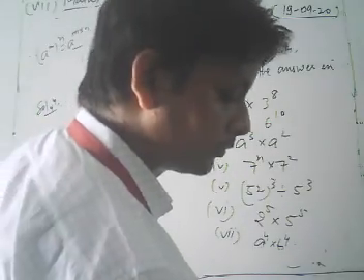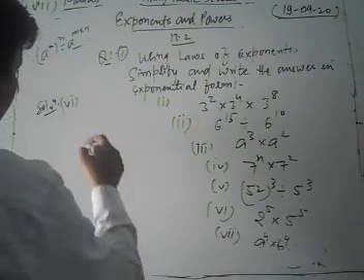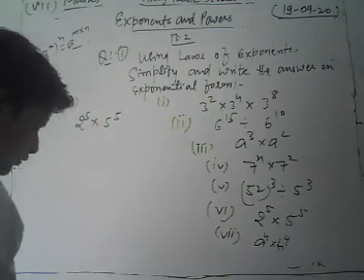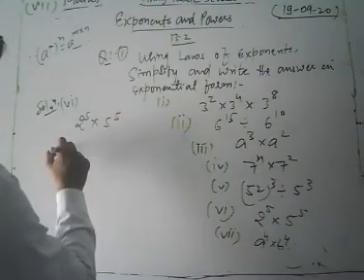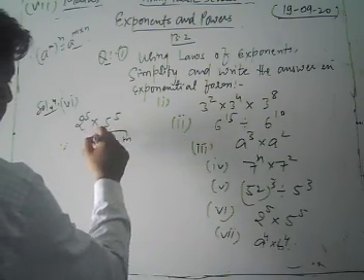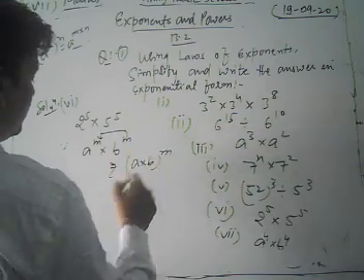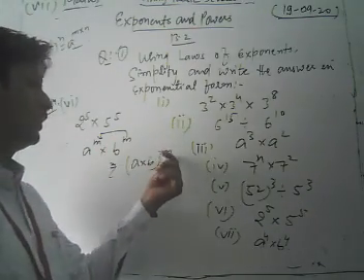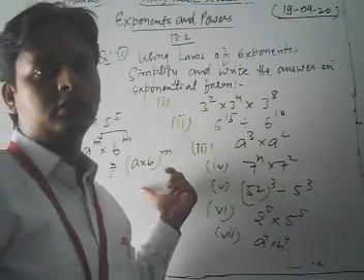Now we take and solve the sixth part of this question, which is 2 to the power 5 into 5 to the power 5. Look, dear students, here we apply which rule? We know that a to the power m into b to the power n, if the powers are the same, then we can write a into b to the whole power m. This is a very important concept, so we can solve that question based on these laws.